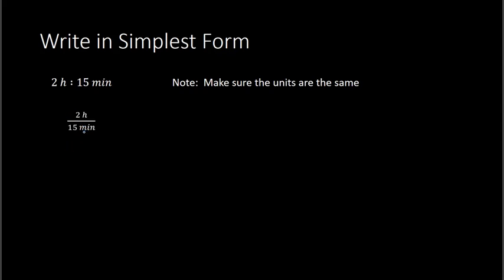So I need to convert either minutes to hours or hours to minutes. Here it's going to be easier probably to convert hours into minutes. There are 60 minutes in 1 hour, so for 2 hours there'd be 2 times 60 or 120 minutes. So I have 120 minutes divided by 15 minutes, and that would give me 8 over 1. So the ratio of 2 hours to 15 minutes would be 8 to 1, which can be written as in